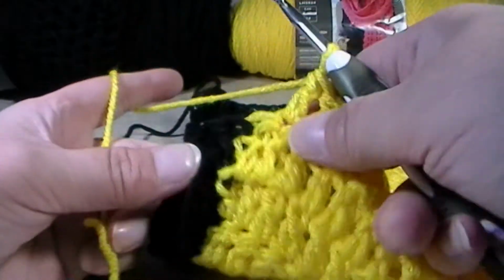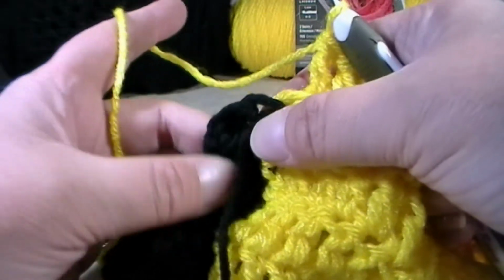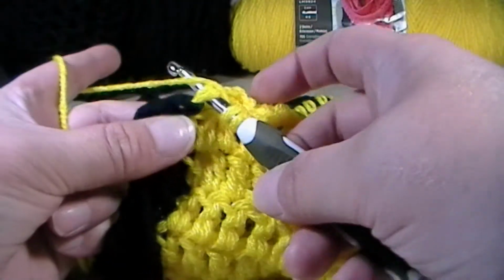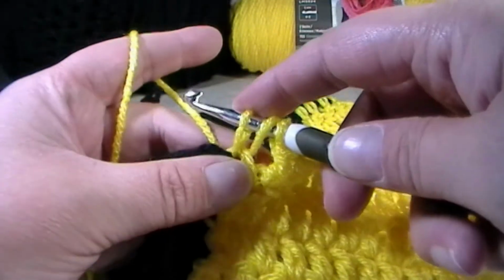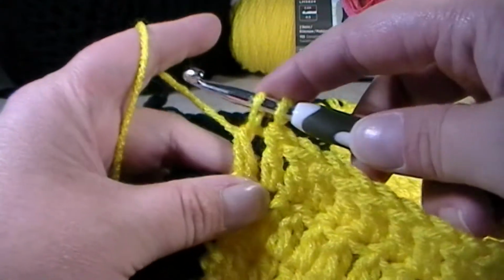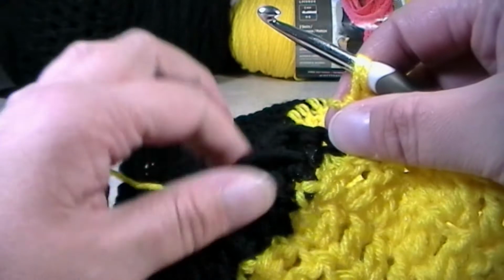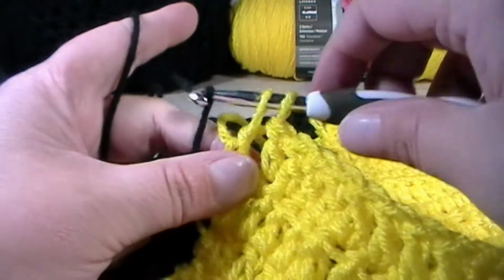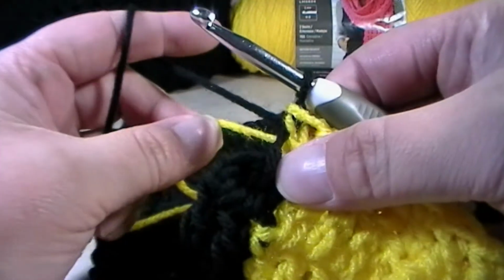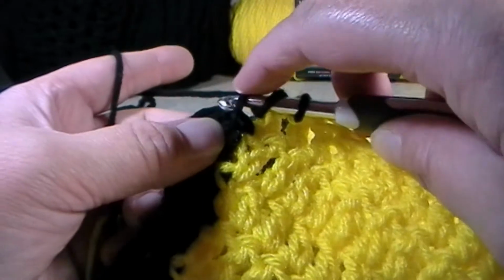I'm going to show you how to change the colors on the 2 section. Okay, yarn over, go into the stitch, grab your working yarn and pull up a loop. Grab your working yarn and pull through 2, drop that yellow and pick up the black yarn. Grab your working yarn and pull through 2, pull on that yellow a little bit, yarn over, pick up this